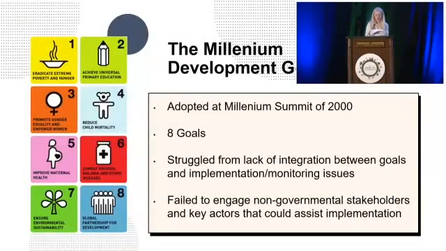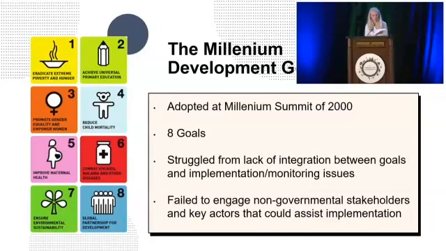So now there were several binding and non-binding agreements in place that set the stage for specific goals to be developed. The year 2000 saw the emergence of the SDGs' predecessors, the Millennium Development Goals, or MDGs, of which there were 8, and you can see them right here. And they were adopted unanimously by the UN General Assembly with the goal that they would be achieved by 2015,